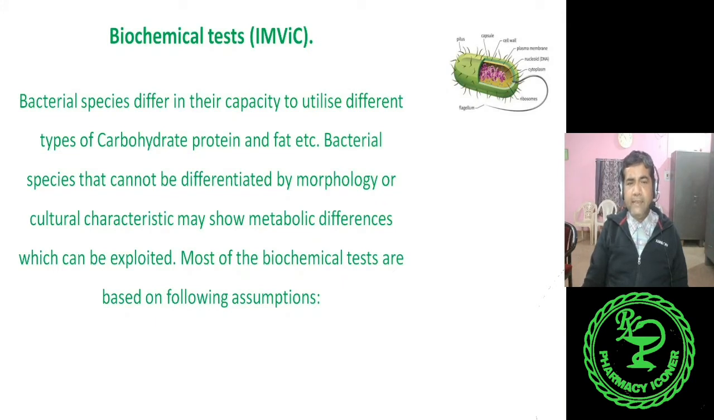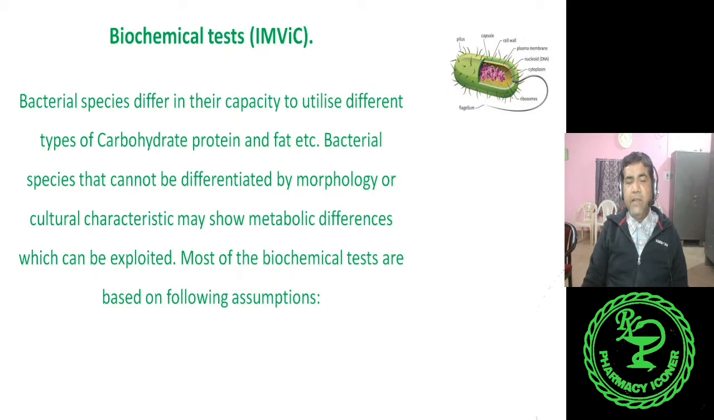Biochemical tests. So what is done? Some microorganisms are similar morphologically. Then how to distinguish them? For those microorganisms, we use biochemical tests. The bacterial species differ in their capacity to utilize different types of carbohydrate, protein, fat, etc. Bacterial species that cannot be differentiated, as I said, by morphology or cultural characteristics may show metabolic differences,